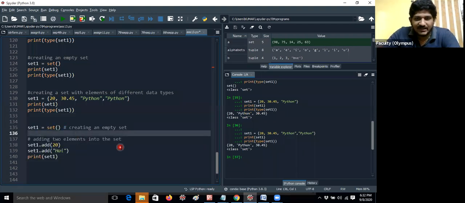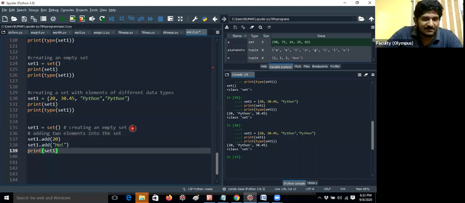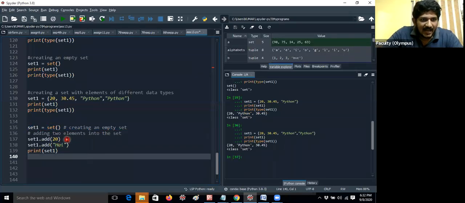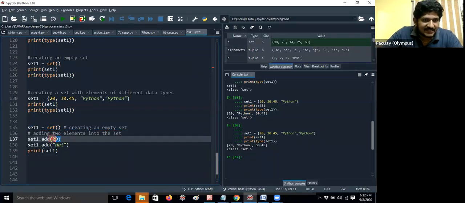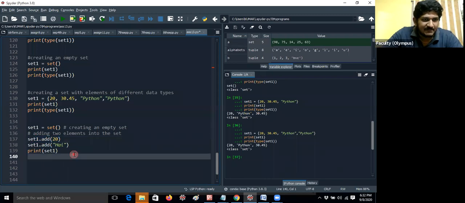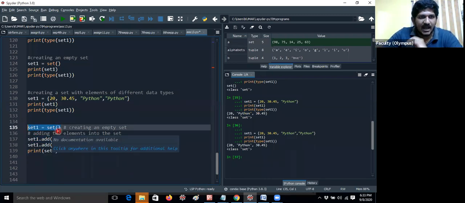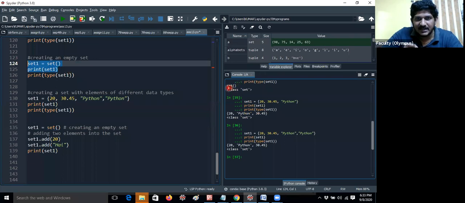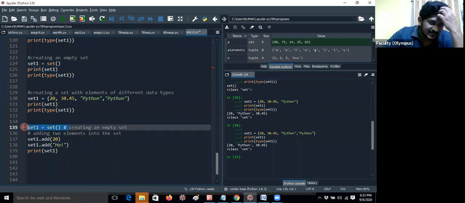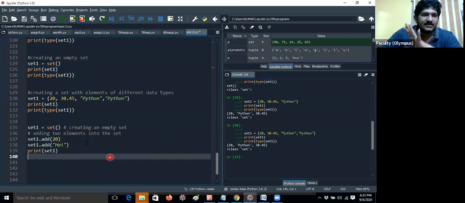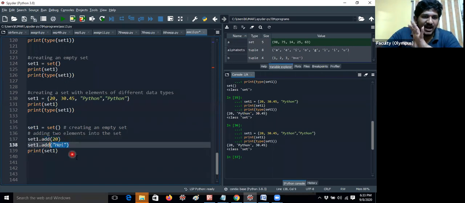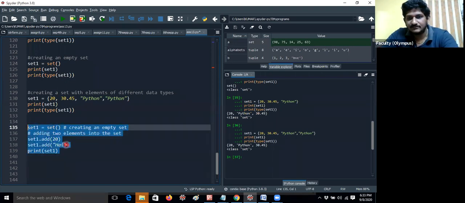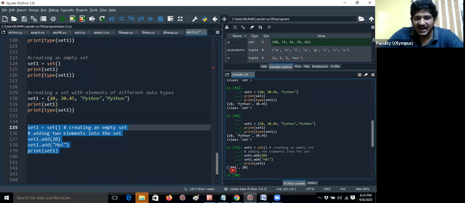For example, I'm using set1 equal to set of, an empty set. I'm adding with a method, set1 dot add. This is a predefined method. Now my set contains nothing. If I print it like this, I get an empty set. That means set1 contains no elements. So let me add 20. Let me add high. Now let me print, guys. Now it is getting high 20.